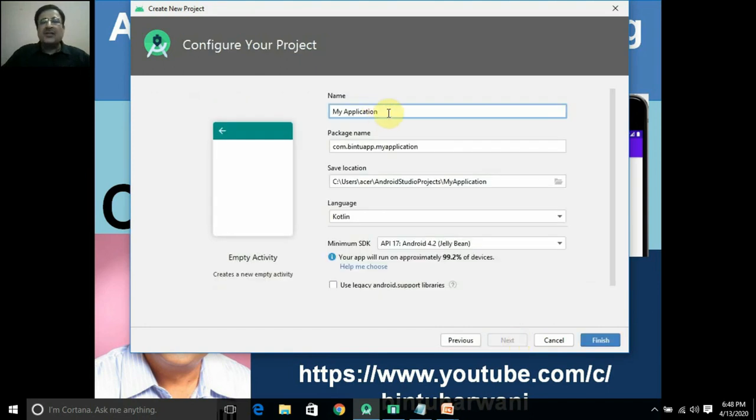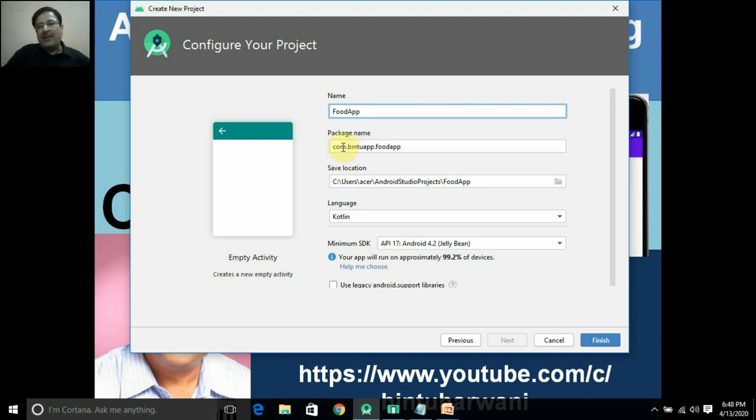Next, it's asking what should be the name of your application. In this application, we'll be displaying certain food items like pizza, burger, hot dog. Each will have a different price, and the user can select as many food items as the person wants. After selecting the required food items, once the user selects the calculate bill button or submit button, the bill of the total food items selected will be displayed. So we'll give the name as Food App, right?